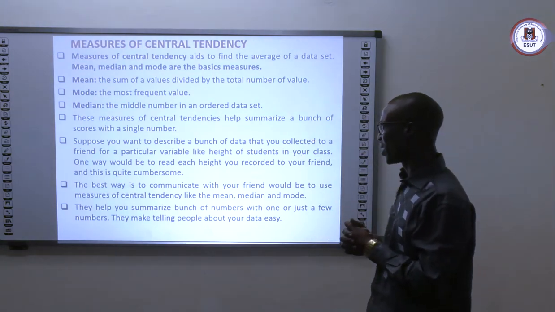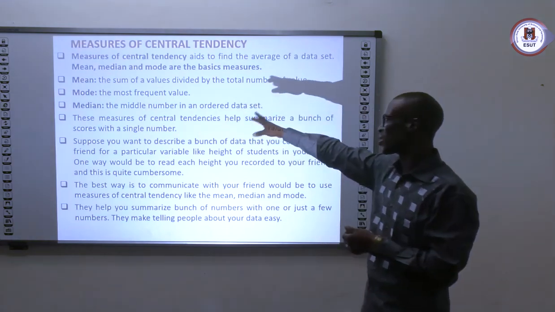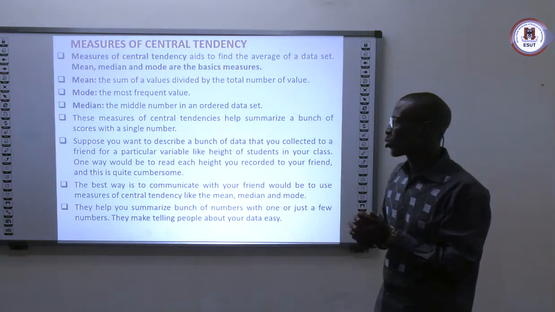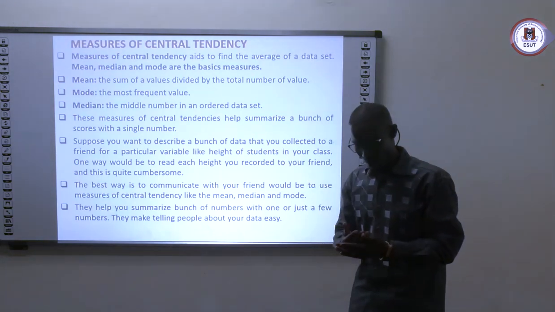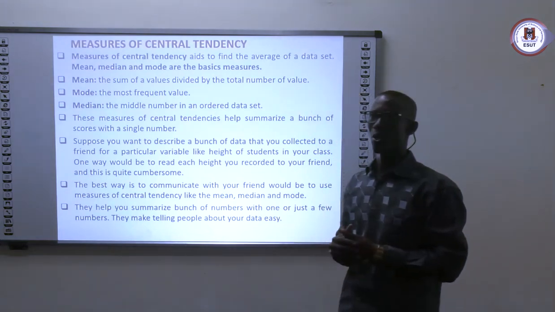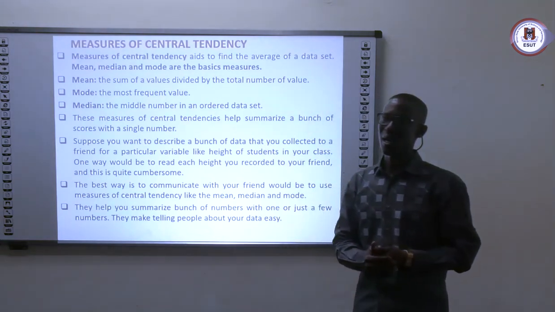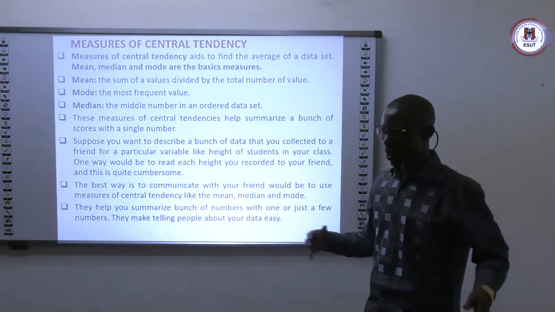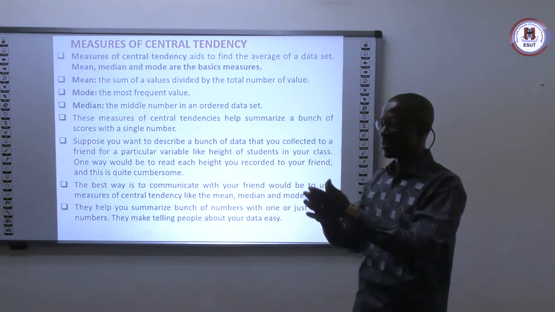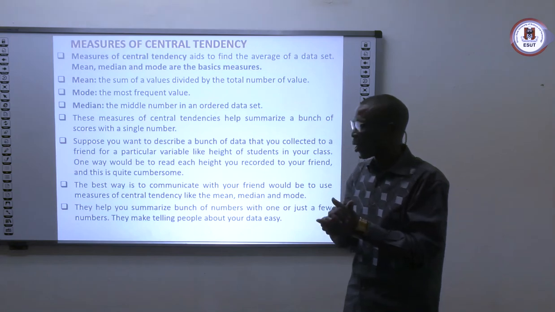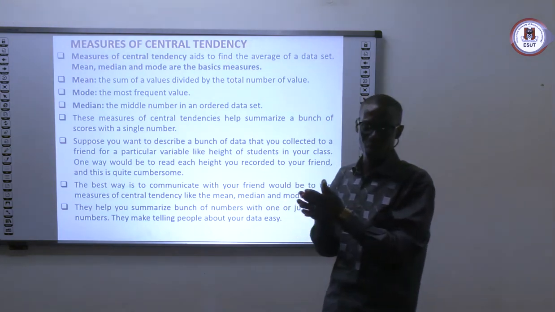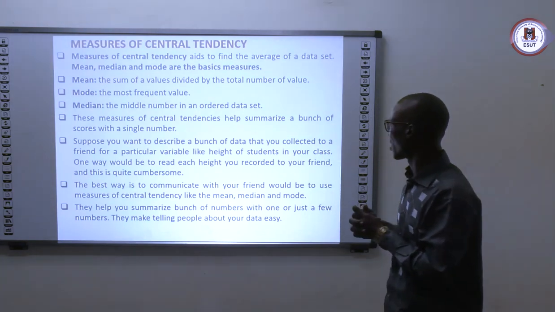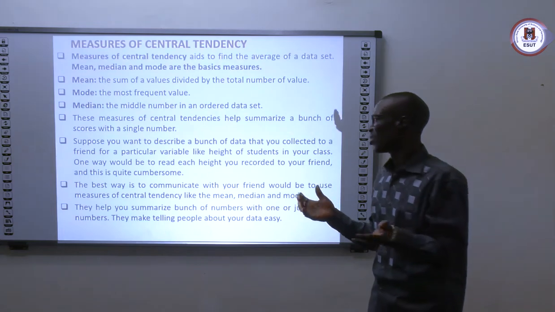So we look at the median. The median, as the name entails, is the middle number in an ordered data set. For you to get the median of a number, the numbers must be ordered from the lowest to the highest. So the number that appears in the middle becomes the median. If the count is an odd number, it is easy to get the median. But if it's an even number, it means you add the 2 middle numbers and divide them by 2, and you get the median. So these measures of central tendency help to summarize a bunch of scores with a single number,